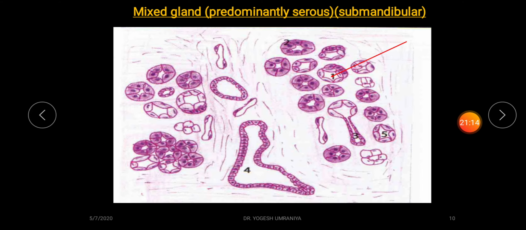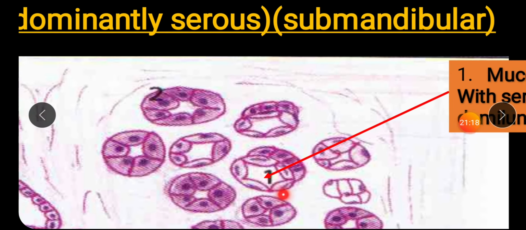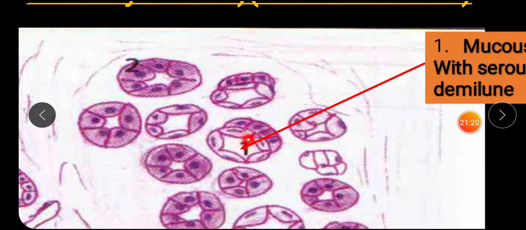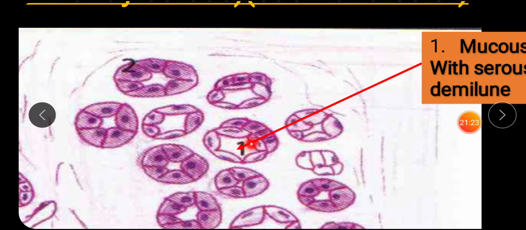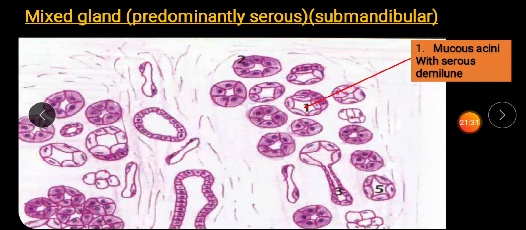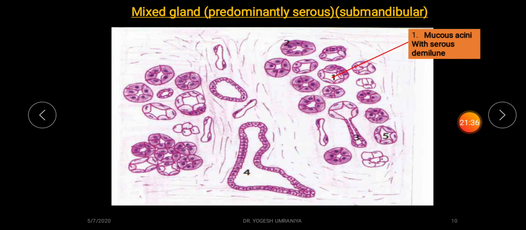So in this slide you can see first structure, that is located here. You can see the formation of the mucus acini here, and that is covered by a cape like structure. So that is known as the mucus acini with a serous demi-lune. Remember that serous demi-lune is not an anatomical structure, it is an artifact. We will understand this in the last slide. Number 2,